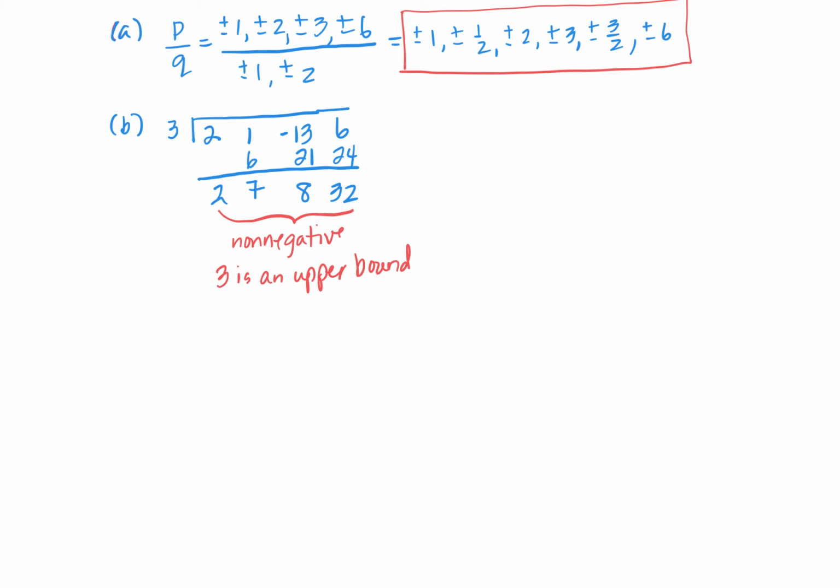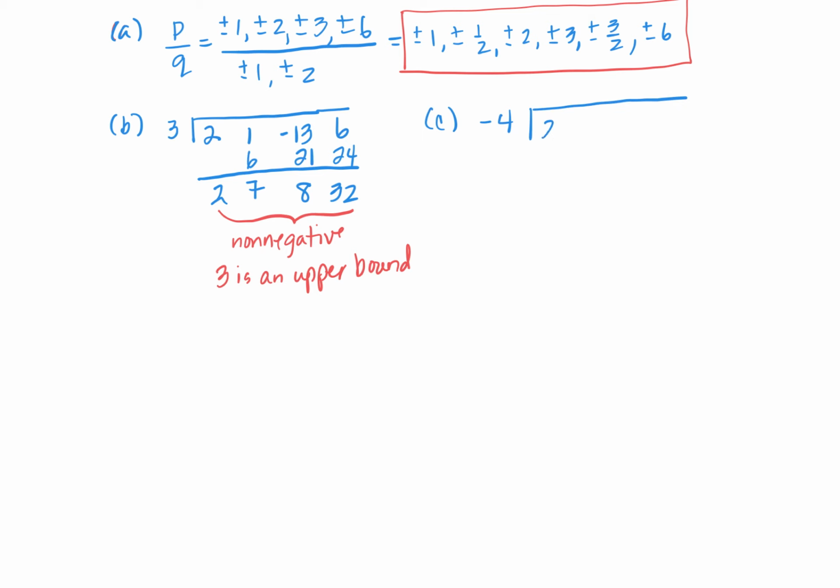So we've just shown that there is no zero higher than 3, which is nice because we can take away that positive 6 in our list of rational zeros. In part C, we're supposed to show that there is no zero less than negative 4. So I'm going to take negative 4,